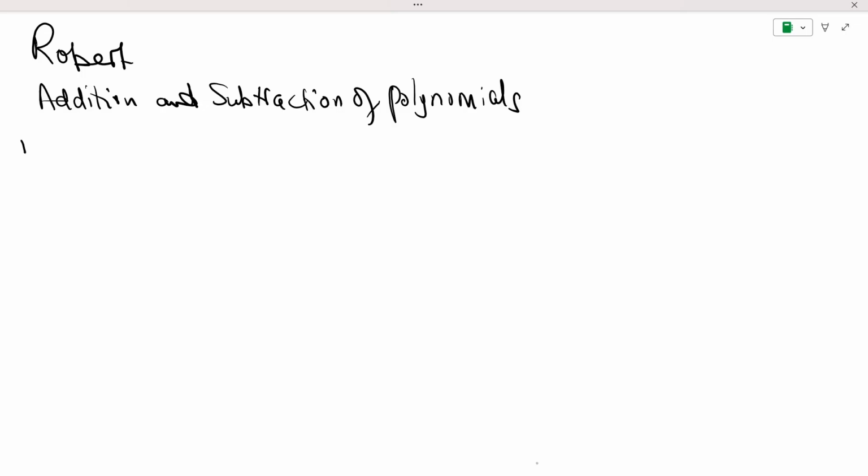Number one, we are given two polynomials, x cubed minus 3x squared, and we're supposed to add another, 5x cubed minus 8x. Again, as we found out yesterday, when we have two polynomials being added together